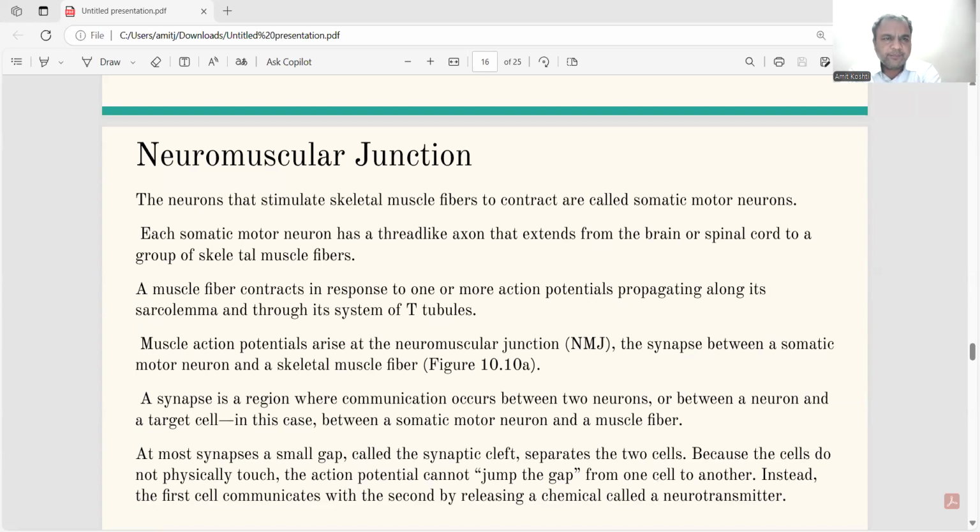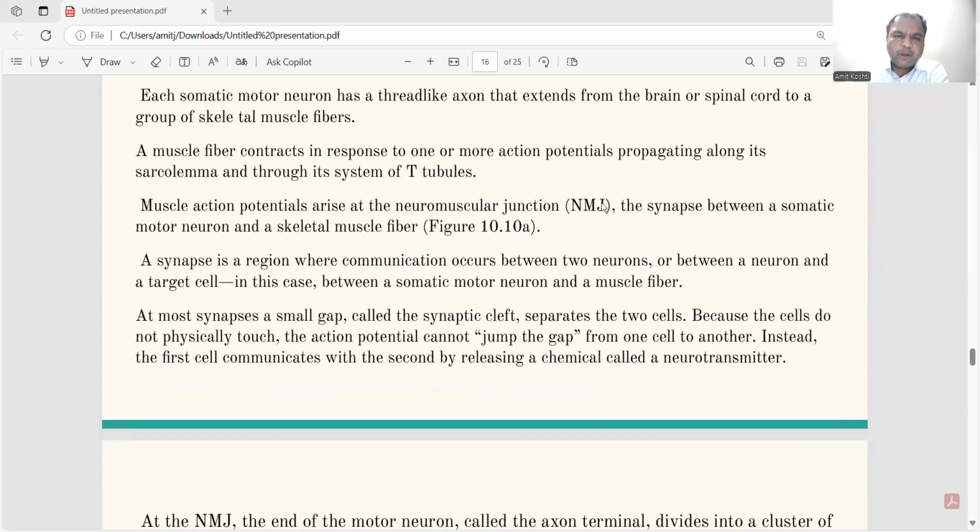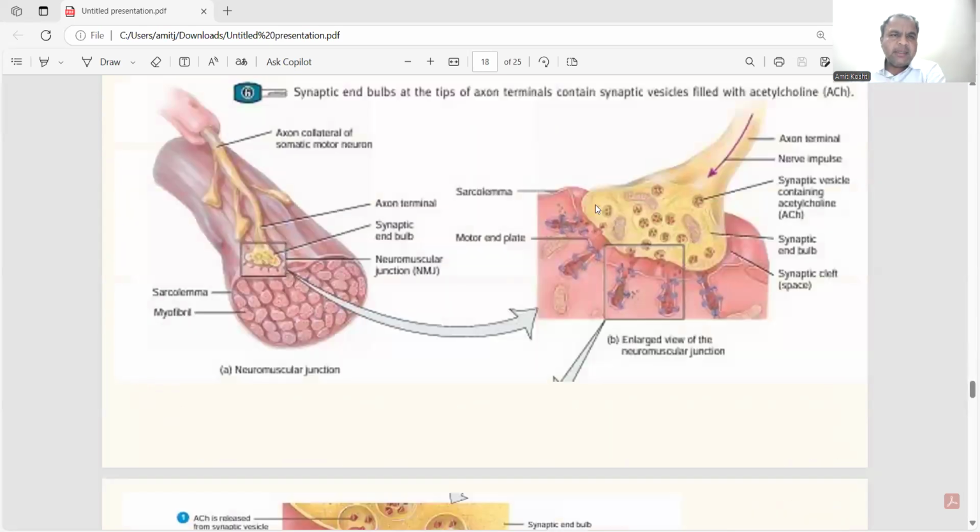Neuromuscular junction. Let me show you the diagram so it will be more clear. You can see here that this is the axon terminal of the somatic motor neuron. You can see here one of the axon terminals, and the end point of these axons is called a synaptic end bulb. From the one axon, at the end, many such synaptic end bulbs radiate out. And if you take a more detailed view of the synaptic end bulb, what you are going to observe